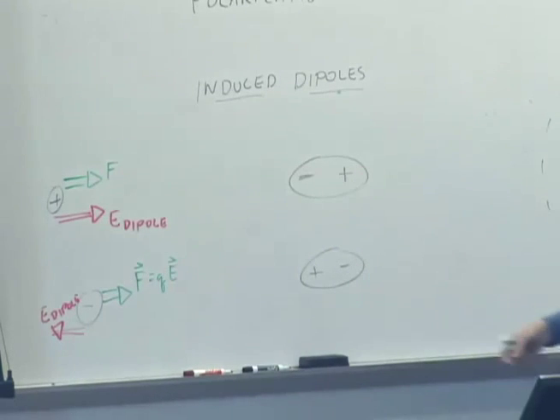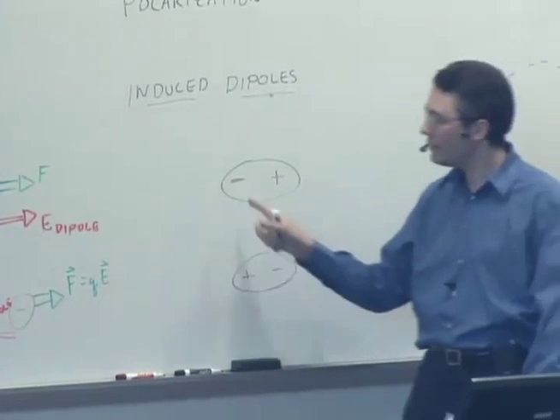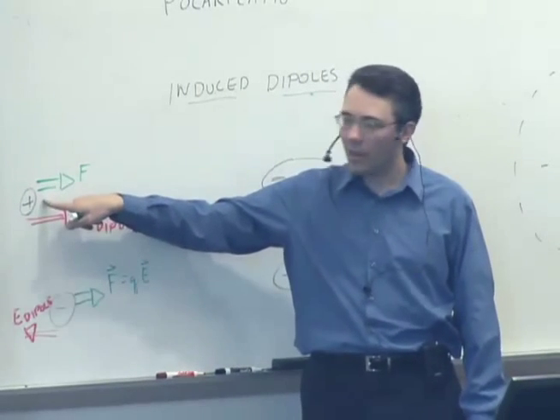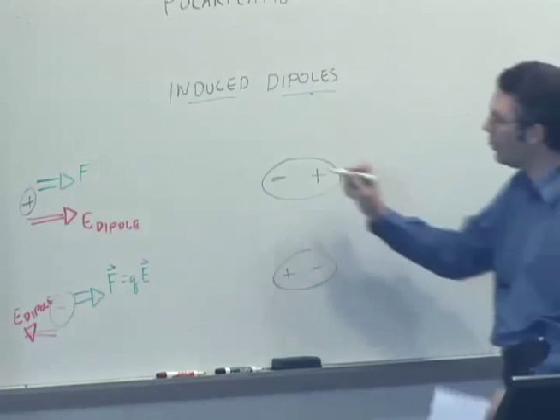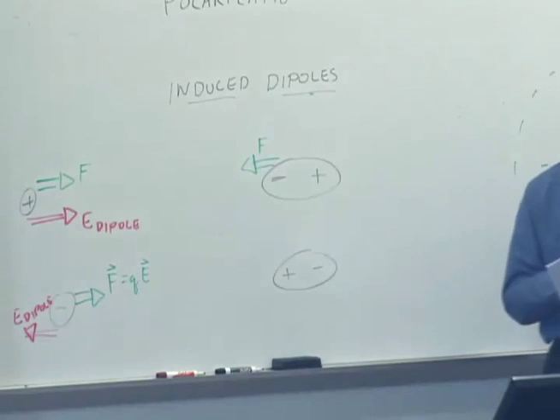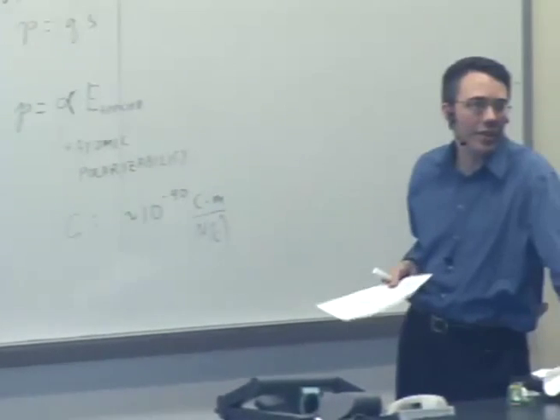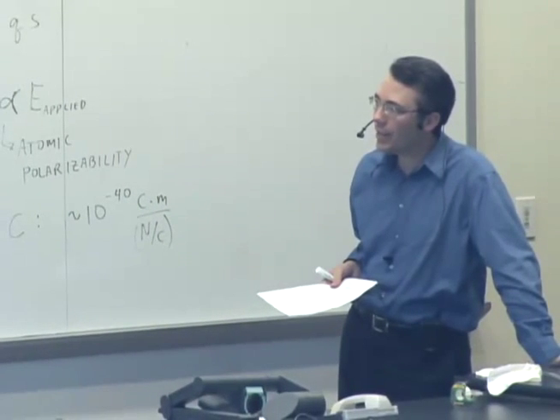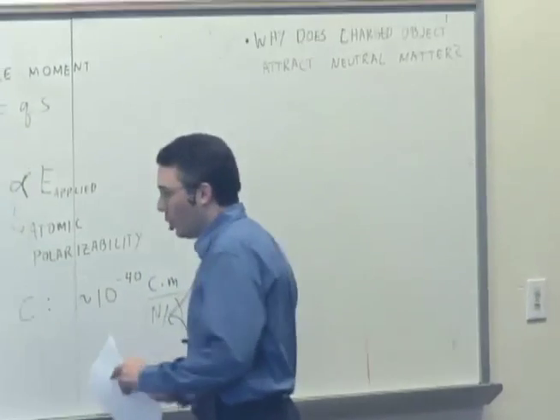Okay, so we get an attraction, and then just from Newton's third law, if you have the force due to the dipole on the charge pointing in that direction, then the force on the dipole due to the charge would have to be equal in magnitude and in the opposite direction, right? So we get an attraction no matter what case we have. The polarization always occurs such that we get an attraction. We just can't get a repulsion between neutral matter and a charged object. Okay. So that one's taken care of. Other things that we can think about